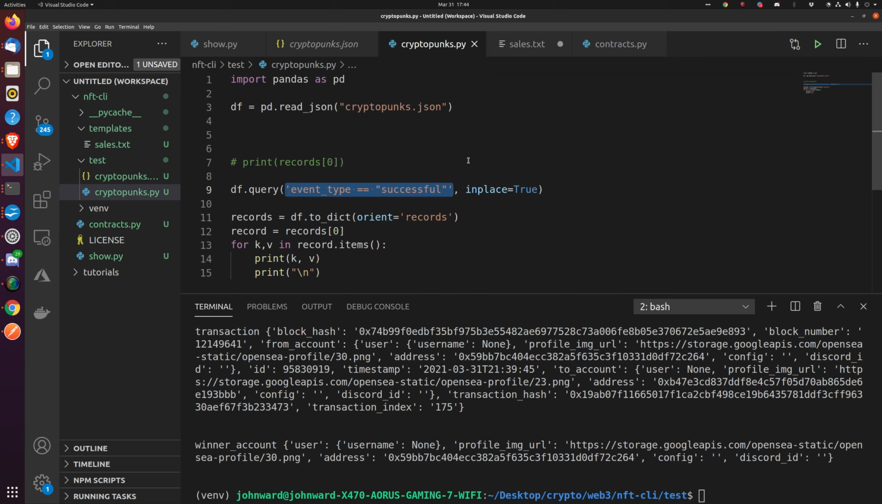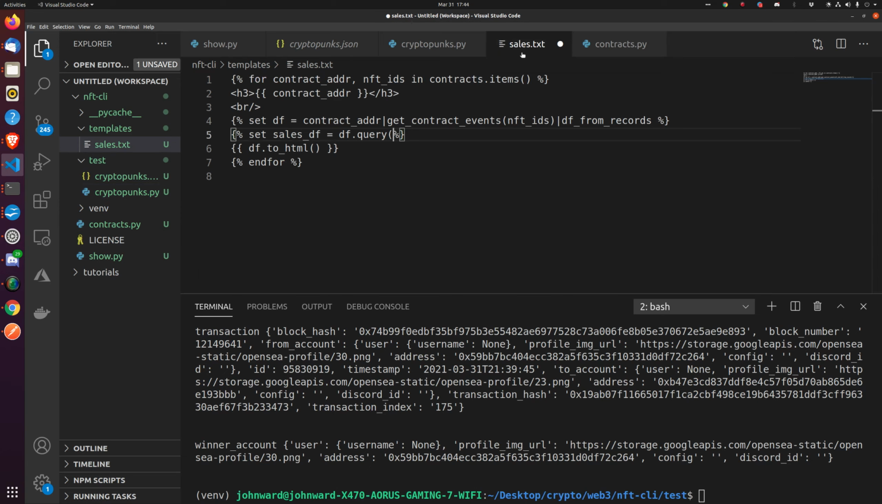Well, actually, we're already getting these events since this is the default event type, so we don't have to do that at all. So really, we ought to just set this to sales data frame. Okay. Now we're going to convert it to